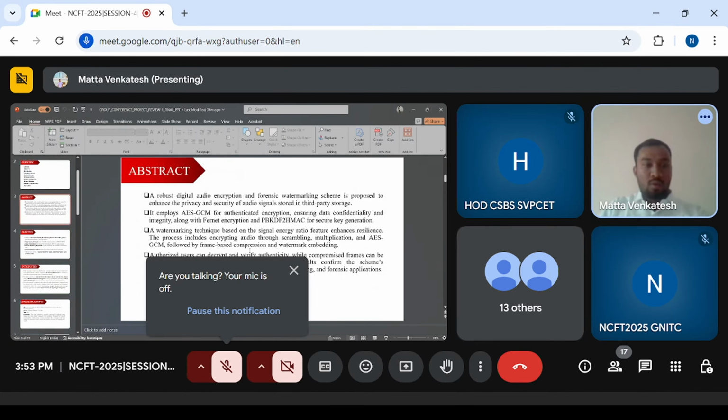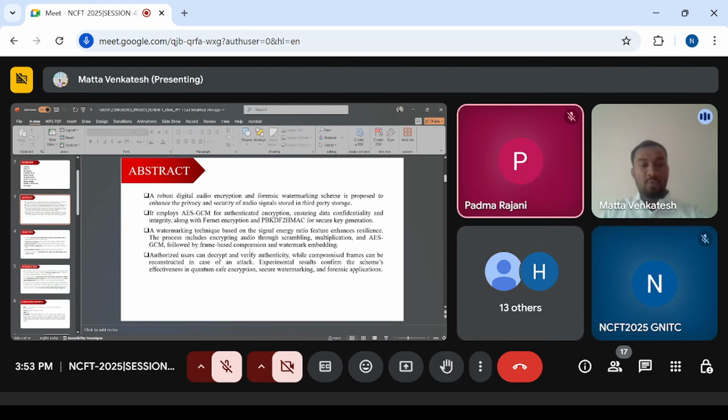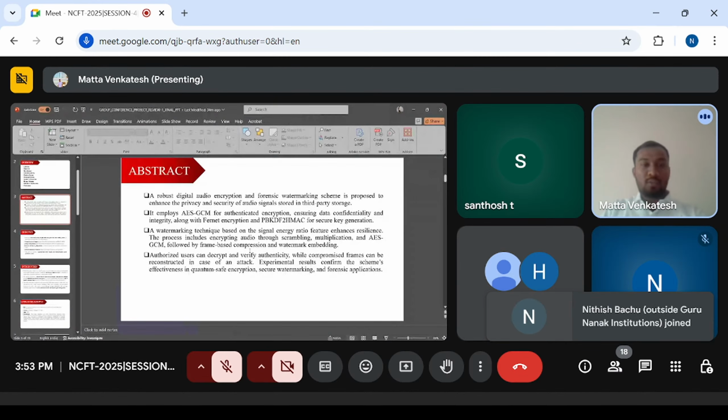It also includes DWT-based watermarking for tamper detection and audio recovery after attacks. The aim is to ensure confidentiality, integrity, and resilience for applications like secure communication and digital rights management. Coming to our objective, it is to create and secure an attack-resistant audio encryption system